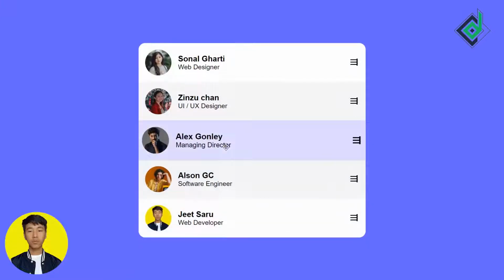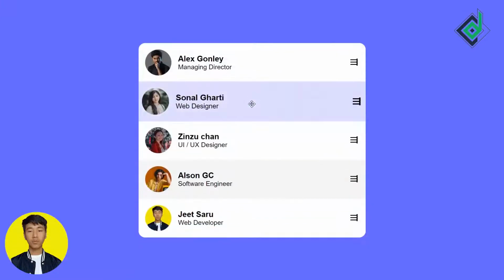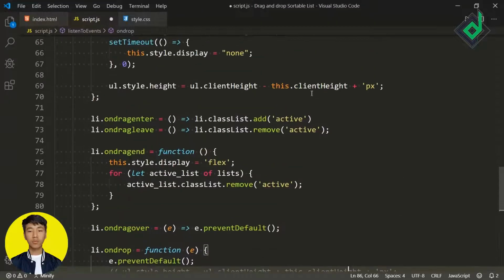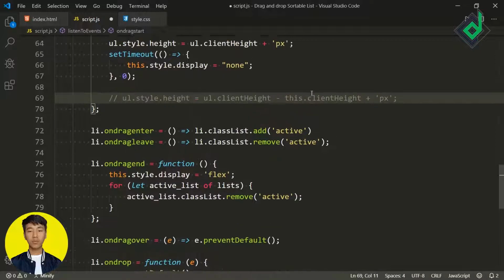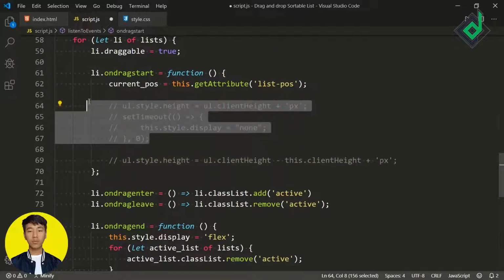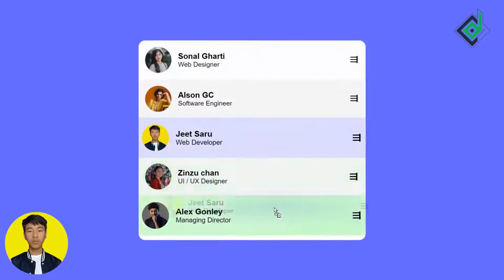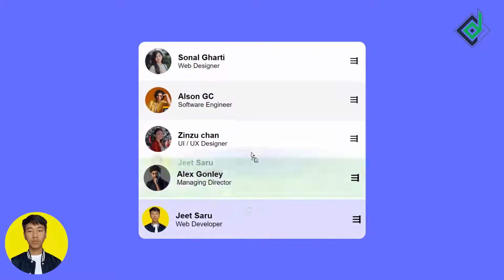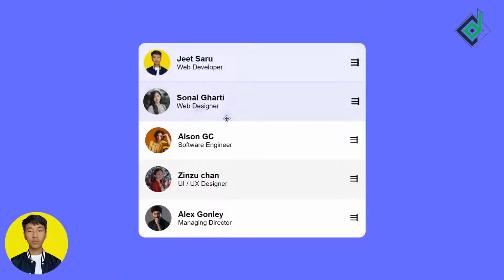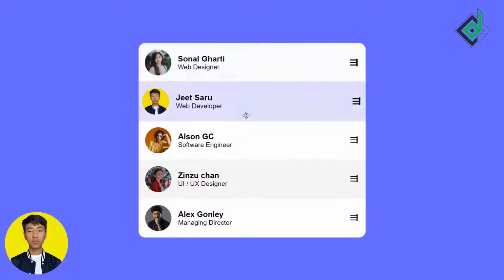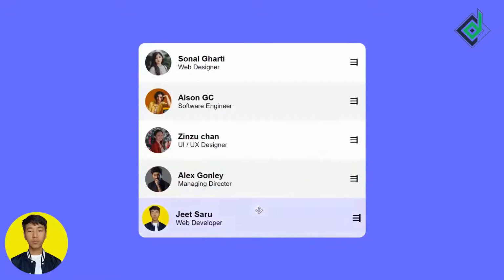So what if you want to give a simple effect? You don't want to give that kind of complicated effect. So for that you don't need these extra codes. So you can comment out these codes. And once again, if I go back to the browser and drag the element and drop, did you see that? Now we are able to drag and drop, and with that we are able to sort the list. So you can see this is really simple and everything is working perfectly, and I think it's really beautiful.